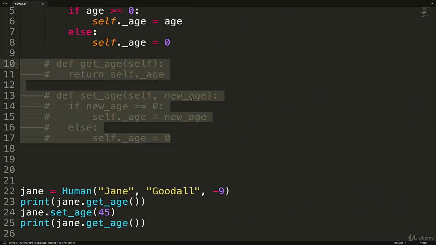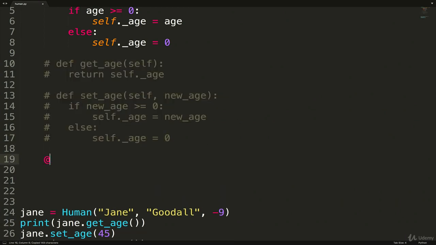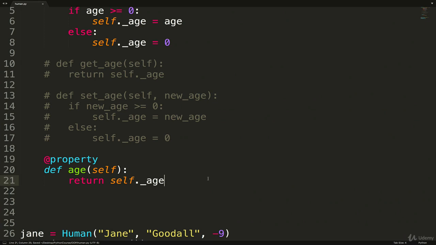So I'm actually going to comment this out, and I'm going to type some new code. It looks like this. Okay, so here's the first part. This acts as a getter, like we had here with getAge. But what's cool about this, so I have to write @property. This is what's known as a decorator. We have an entire section on decorators later, but it's a decorator that alters how this function works. And this method is called age.